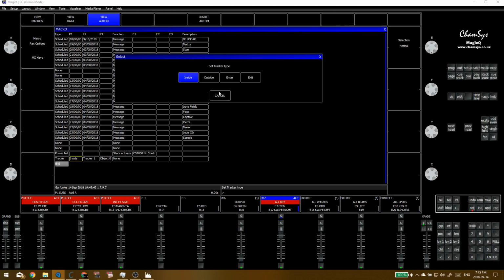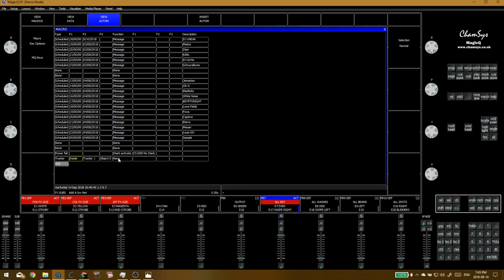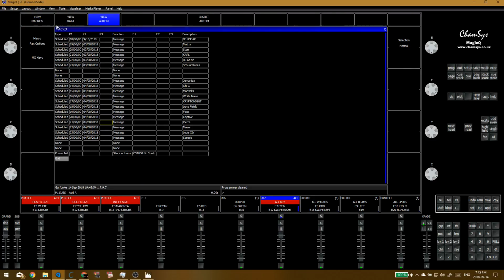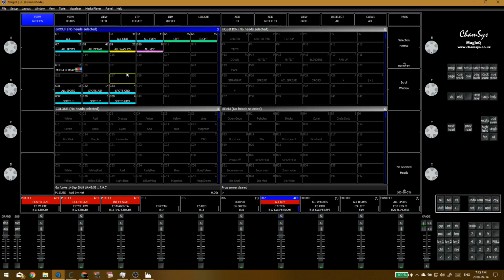I'm not entirely sure, they haven't really explained too well how this is supposed to work, and how you're supposed to assign these trackers or plug these trackers into the console. But basically an external device, so maybe a sensor or something like that, right? So if you have a sensor,